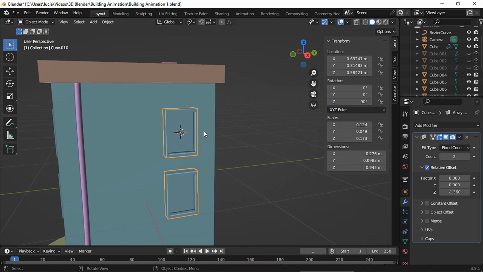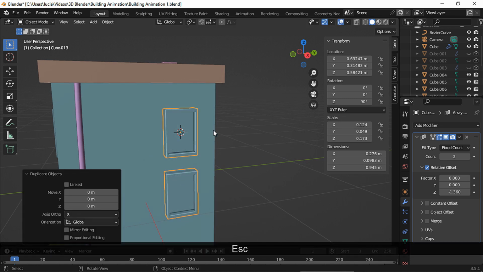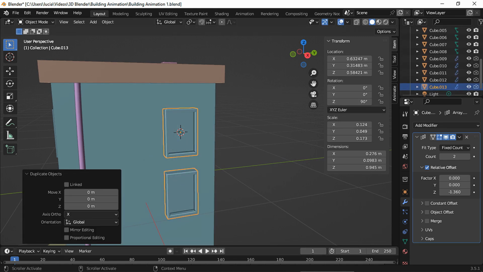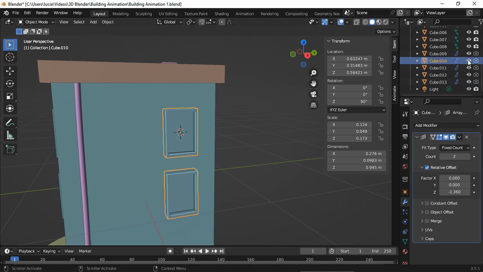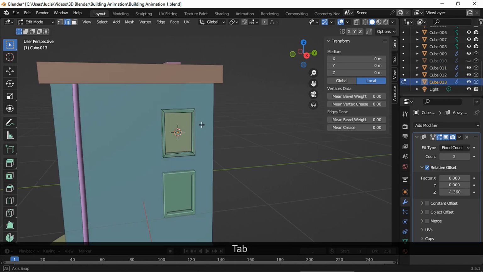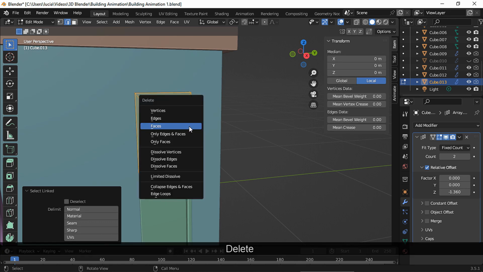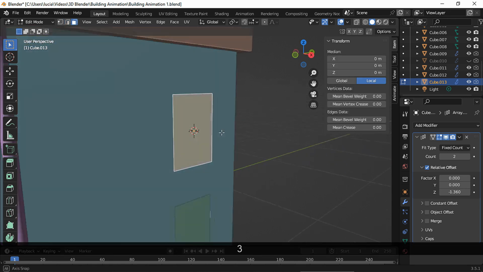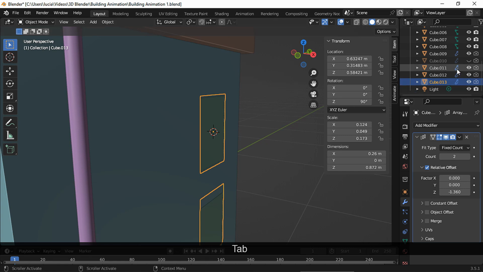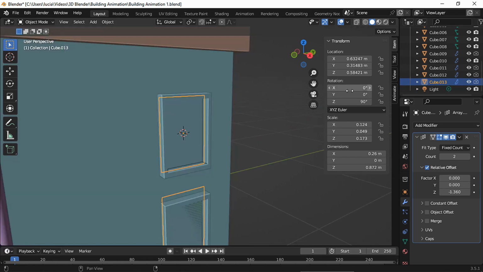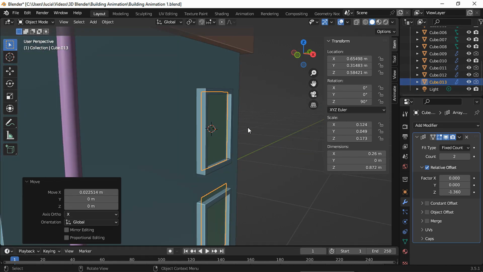To create the blinds, duplicate the windows, hide the original one, and in edit mode, delete everything but the plane. Double A to deselect all, L to select the frame only and delete. Now we only have the plane. Let's show the frame, and don't forget to show the frame and the blinds in renders in case you missed it. Move the plane forward,